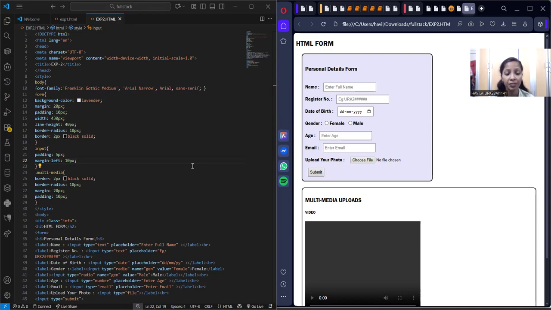And the form rule, which styles the form box. Background color, as I have given here lavender color, a light purple background for the form, and margin of 20px, space outside the form, and padding of 10px, inner spacing inside the form, and width of 430px, a fixed width, and line height of 40px, vertical spacing for lines inside the form, which helps the vertical alignment of the text and inputs, and border radius of 10px, rounded corners, and